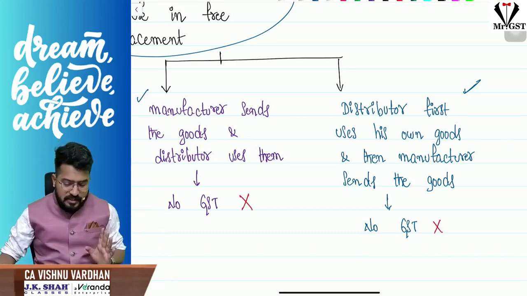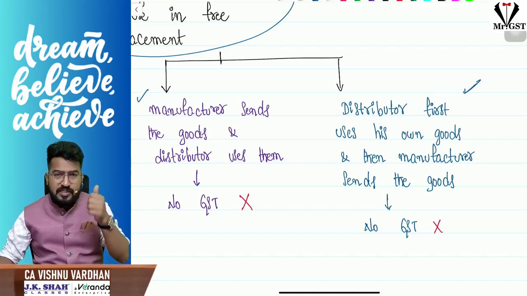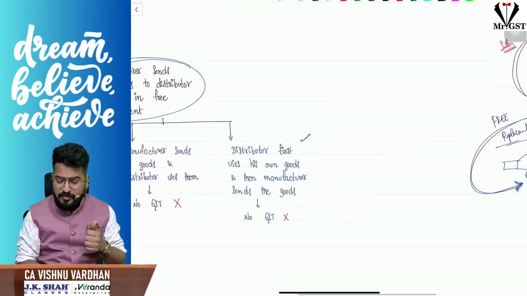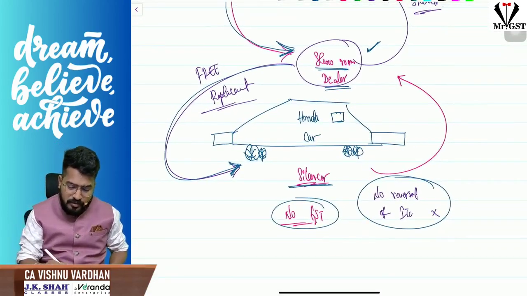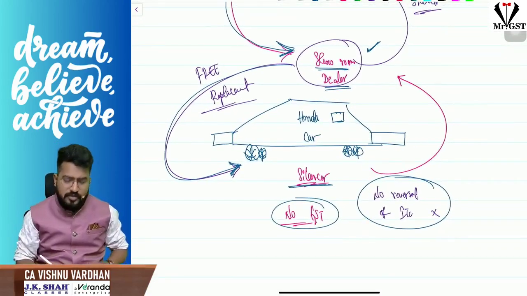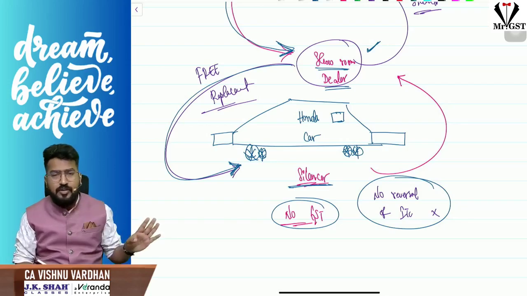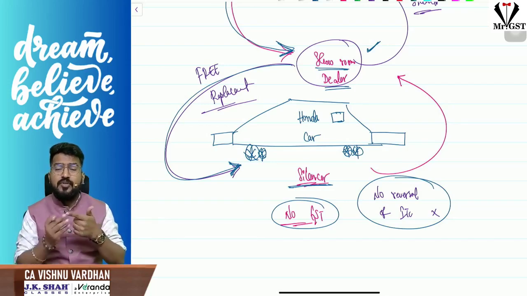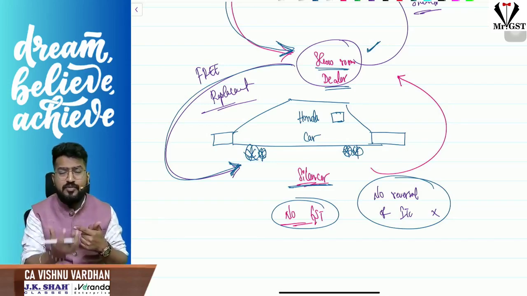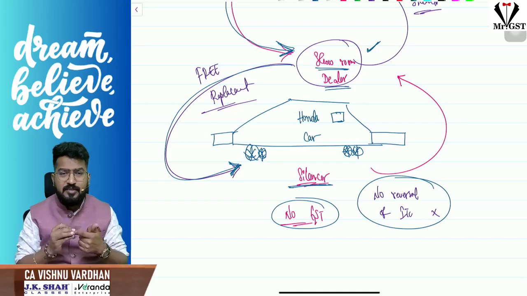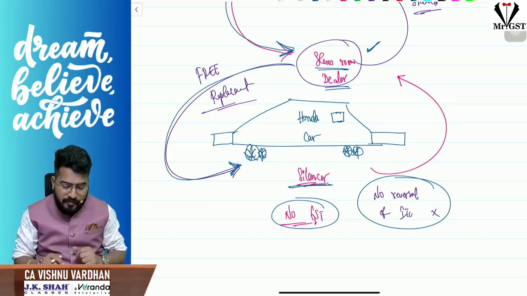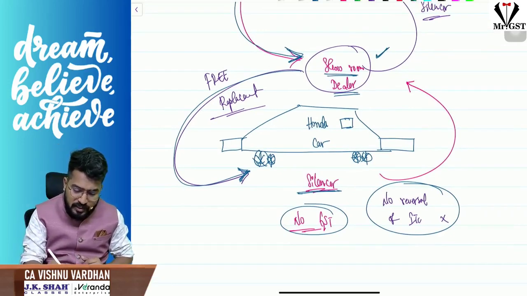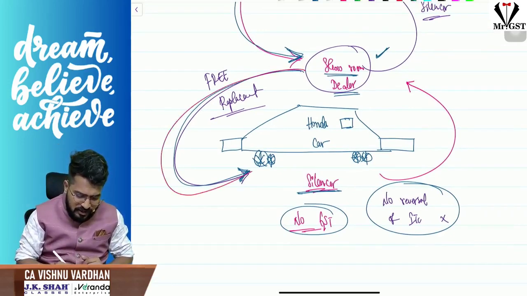Now please understand here one more interesting point. We have discussed free replacement provided to the customer by the showroom. Sir, what have we understood? No GST implication, no need to reverse ITC. This is the first thing we have discussed. Second thing, we have discussed the goods. Whatever goods you are using in free replacement, what is the tax treatment for that? That we have discussed. Now the third thing, please understand, sir, the showroom dealer will not charge any consideration,